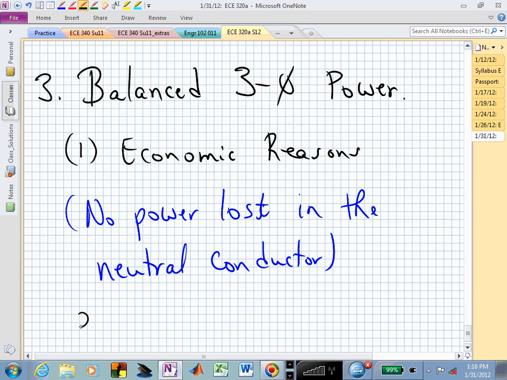And if you understand balanced three-phase power, you've gone a long ways in understanding the more generic case, which would be an unbalanced system. Because a lot of times unbalanced systems are analyzed using balanced operation. So let me just say that some unbalanced conditions,